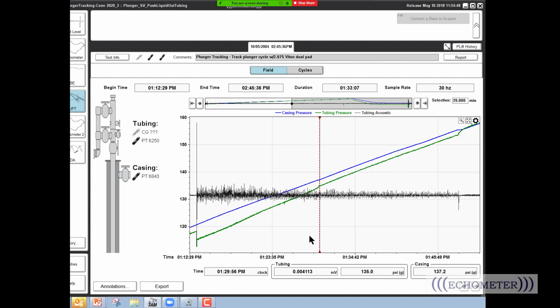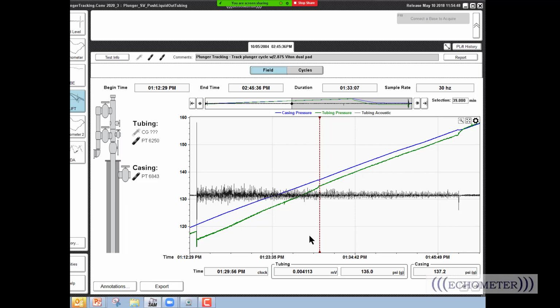Okay. Yula Tang has a question. Do you know if there is any difference using Echometer in a gas lift assisted plunger facility that has almost no shut-in time and gas is continuously injected from the gas lift valve? Right. So